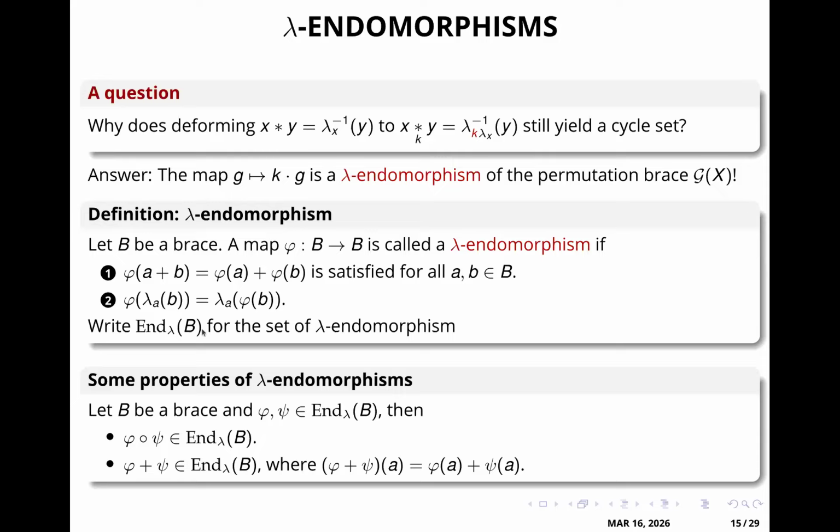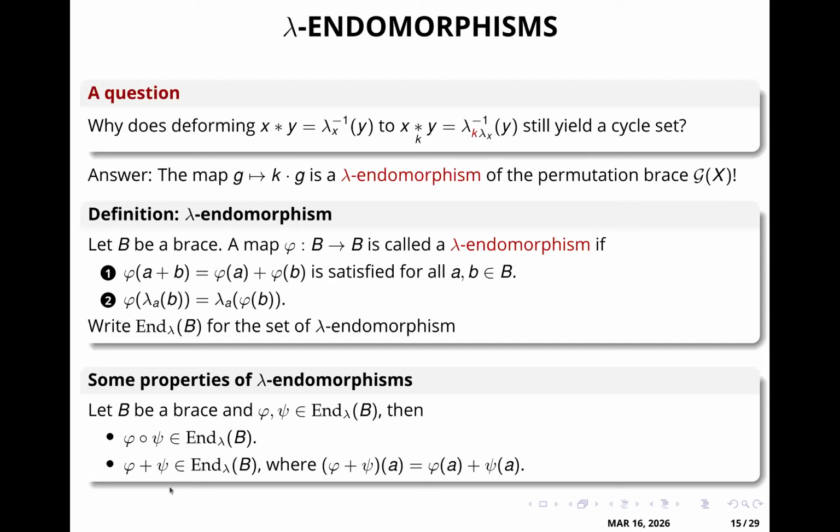And as we should expect from endomorphisms, they are preserved by composition and by addition. So if we add up two lambda endomorphisms, we end up with a lambda endomorphism. And if we compose them, we again end up with a lambda endomorphism. And it turns out that